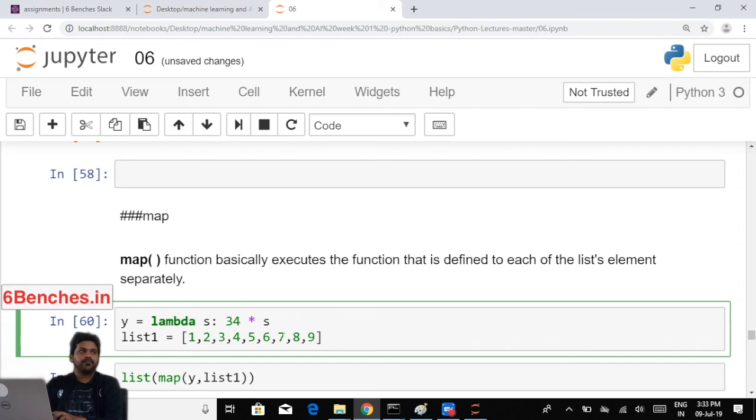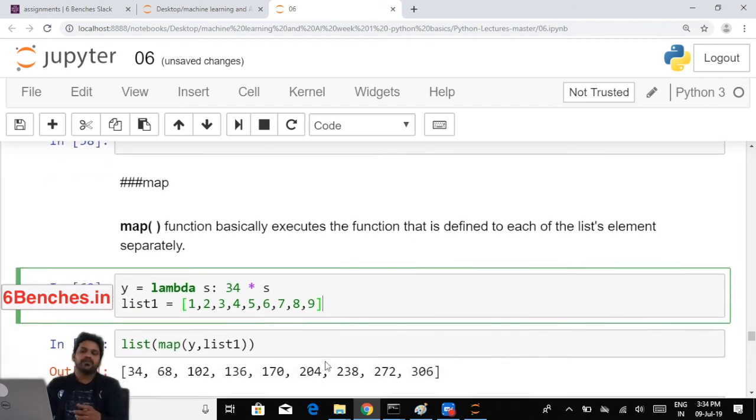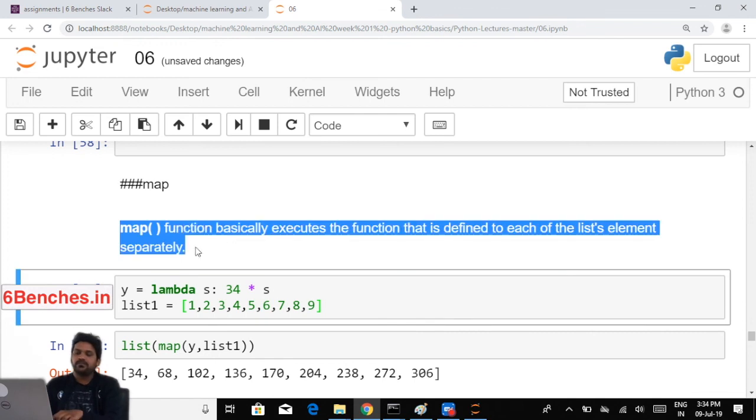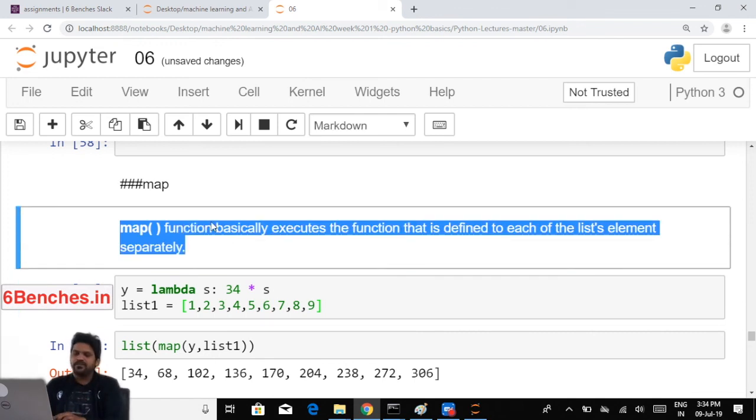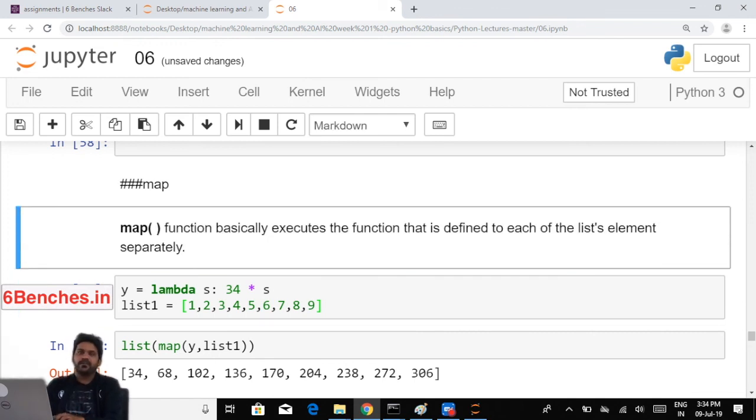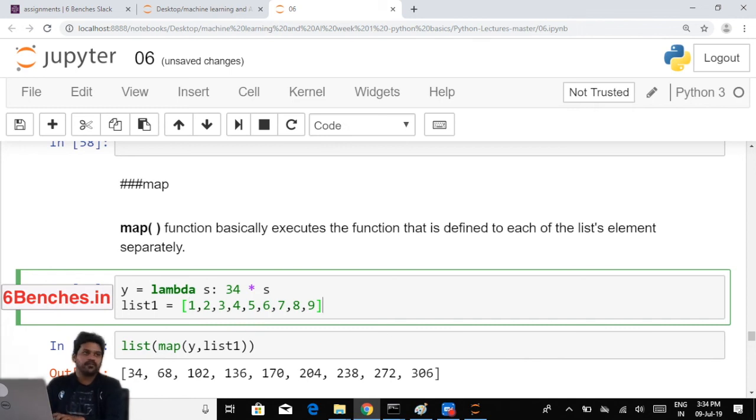What I want to do here is, I have this lambda function. I want to apply this lambda function for every element in this list 1. To do that, either I can use a for loop and call it again and again, or I can simply use a map function. What this will do is it will execute the function for every element of this particular list. So first of all, I've defined my lambda function. I have my list. Then